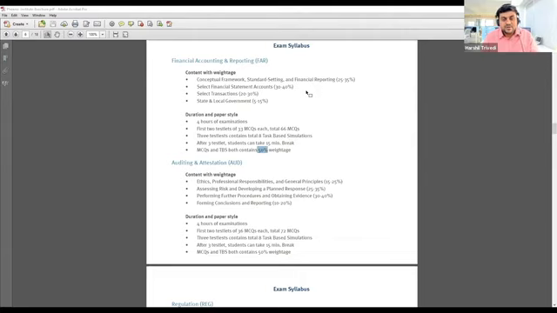In audit, you cannot just start an audit one fine day because you feel like it. That is not possible. You have to make a plan. You have to assess risk, and how you assess and how you make a plan is covered here. Once you make a plan, you have to perform further procedures. You have to obtain evidence, because you are an auditor, right? That chapter has a weightage of 30 to 40%.